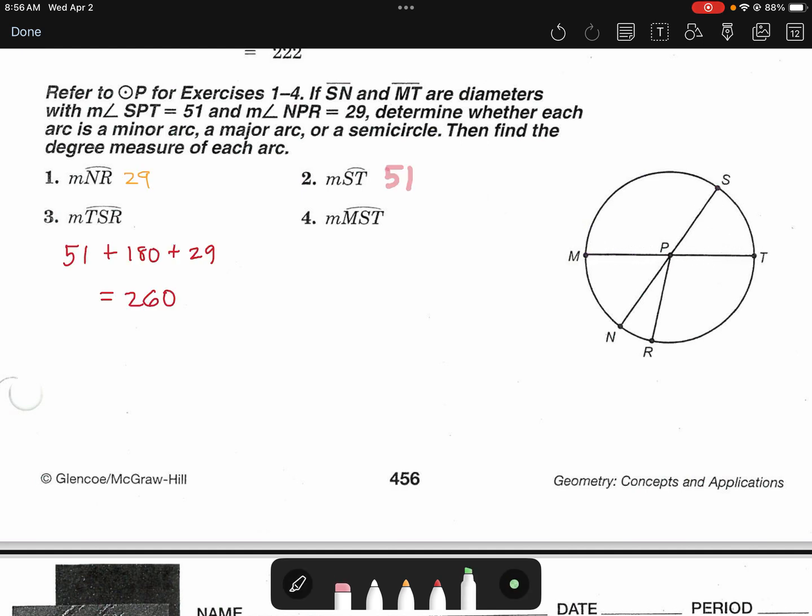What's the measure of arc MST? Well, that's a semicircle. I know that because look at the central angle. See how it's a diameter? So that means that measure is just 1